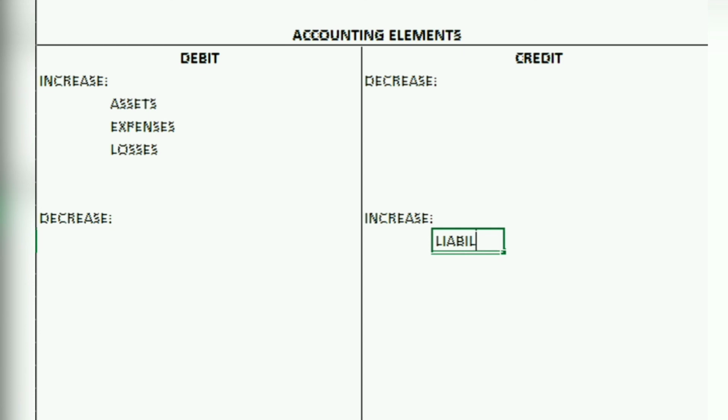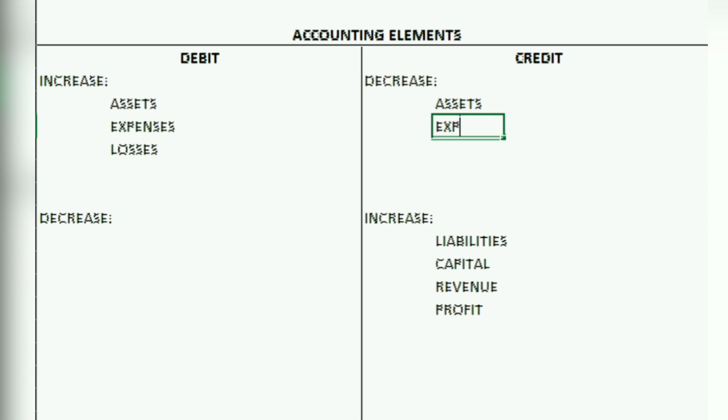While the elements that increase on the credit side are liabilities, capital, revenue, and profit. The accounting elements that decrease on the credit side are